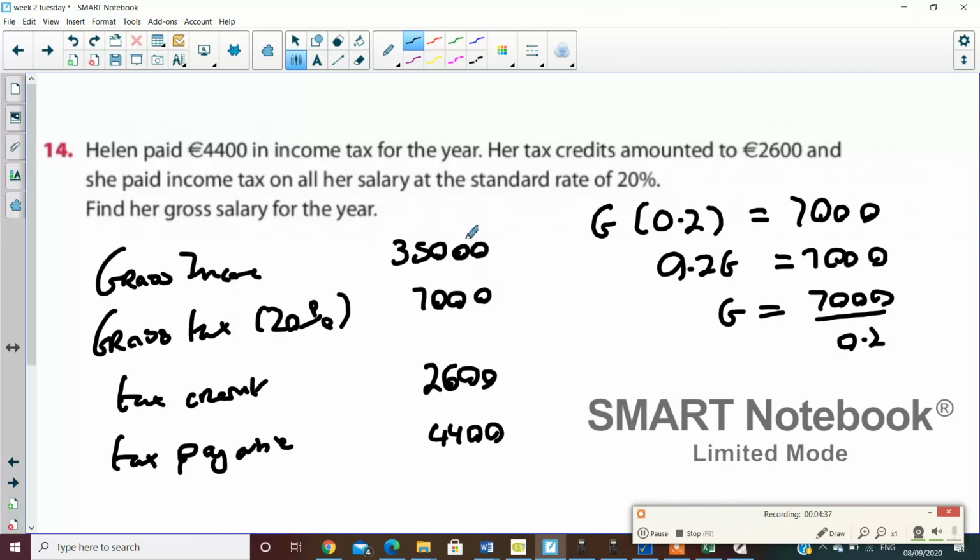I am aware of that trick, but if it was 21% or 19%, you couldn't do that trick, so you'd have to divide by 0.19 or 0.21 in that case. So that's why I do it one way for all. All right, guys, that's